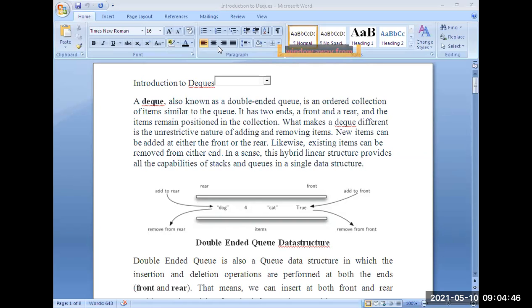You can insert at the rear end and delete from the rear end, and you can insert at the front end and delete from the front end.